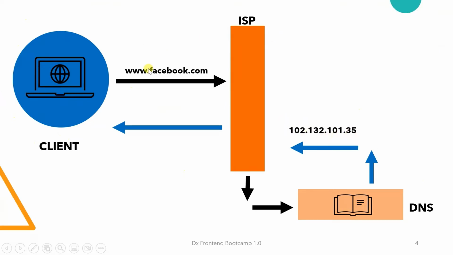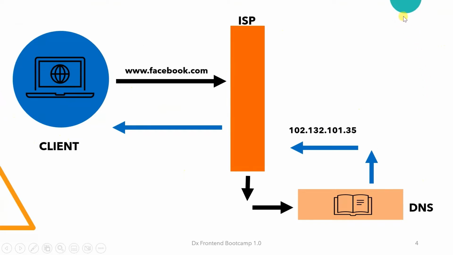So when you are visiting facebook.com, what is actually happening is this. Your browser is going to send a request over to your internet service provider, which is an ISP. Well, we are using a lot of terms inside of this presentation, but you are going to get to understand them as we proceed in this course. Do you need to really cram all this? The big answer is no. You only need to understand how the internet works